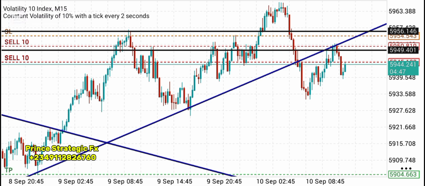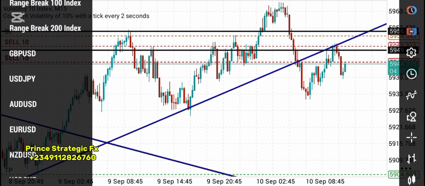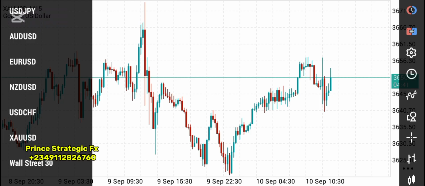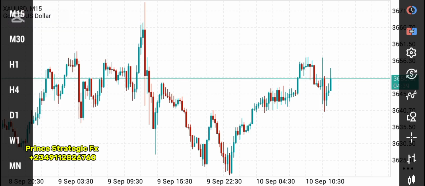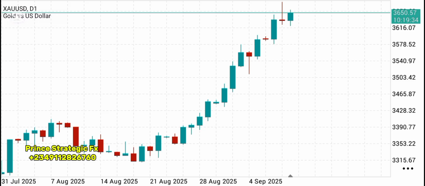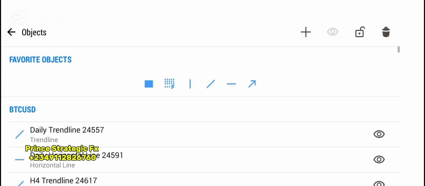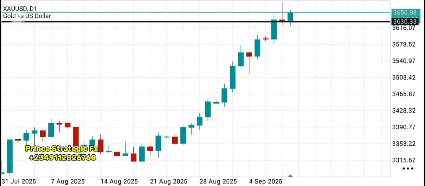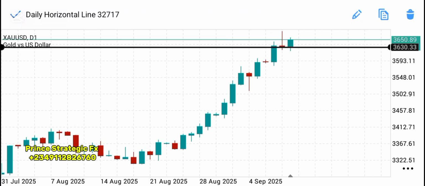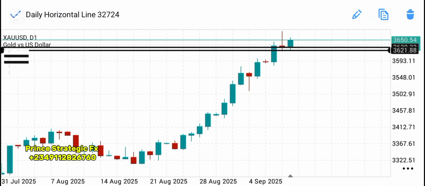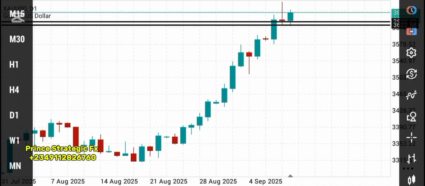gold is doing currently. So let's go to gold. Let's go to gold immediately. Now let's move to the daily time frame on gold, right? So this is exactly what gold is doing currently. So we are going to mark the close and the week. So this right here is the close, and we are going to mark the week very tiny right there. So this is exactly what we're doing. Then we're going to go to